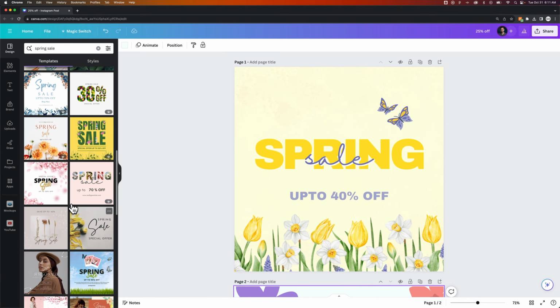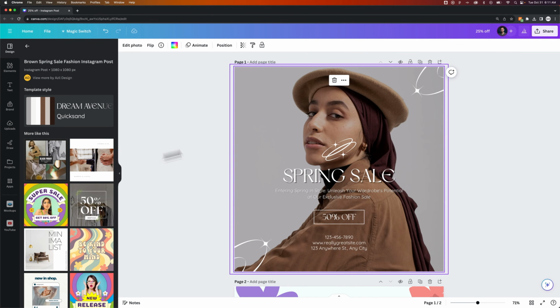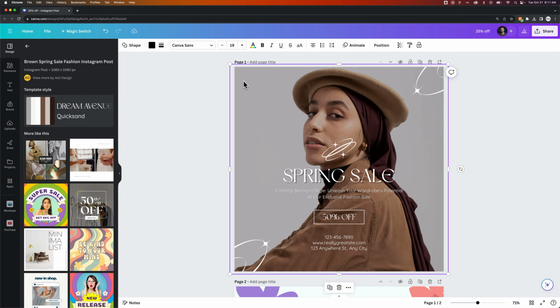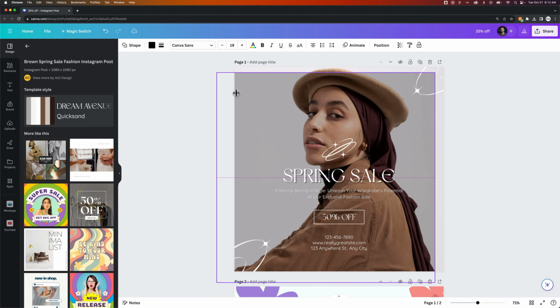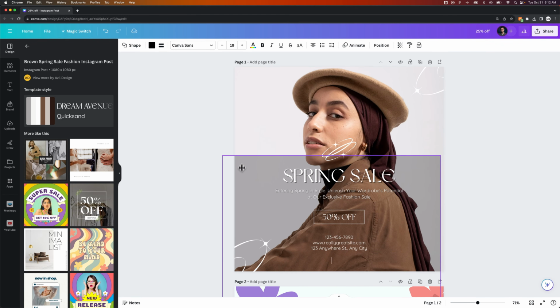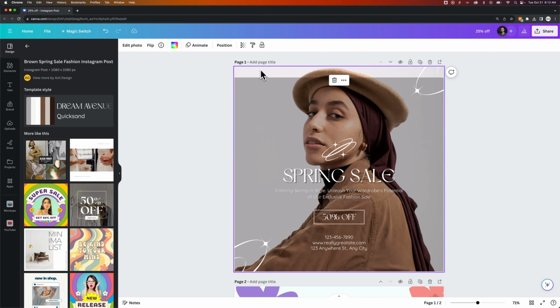And if some of them include pictures, let's find one, for instance, this one here includes a photo. We can always replace that photo in the background. So if we can find that photo, let's double click in here. There's a shape here that is in front of the photo to darken the photo to make sure the text stands out. So if you wanted to get to the photo, you could just shift the shape down a little and you can click on the photo in the background, which you could either get rid of or